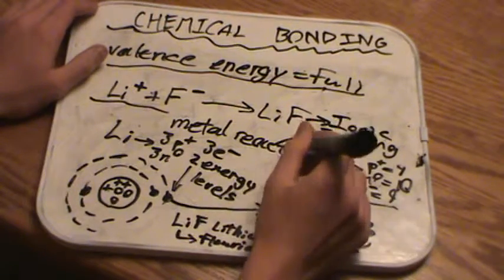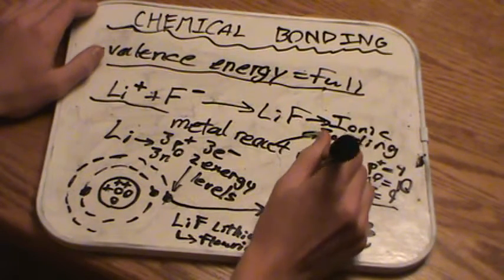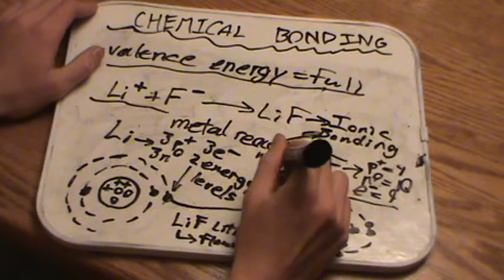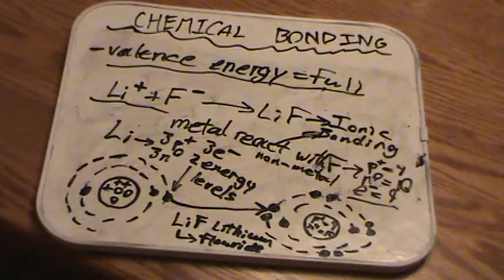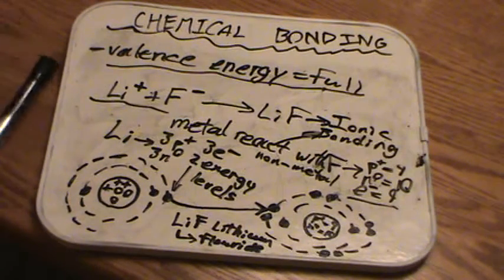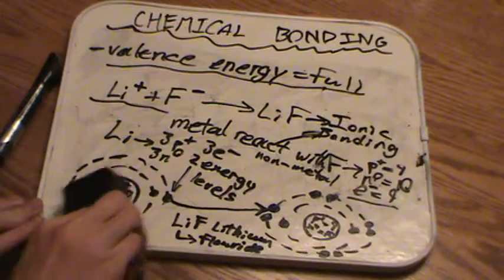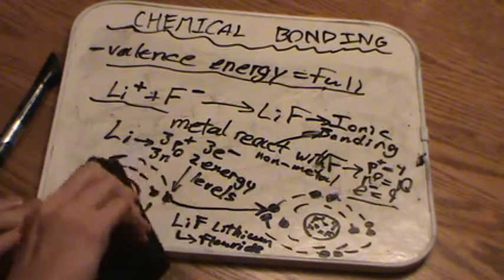Metals react with nonmetals, which is exactly what fluorine is. Fluorine is a nonmetal. It is on the right side of the periodic table. So now we are going to erase this bottom example, and I am going to show you an example of